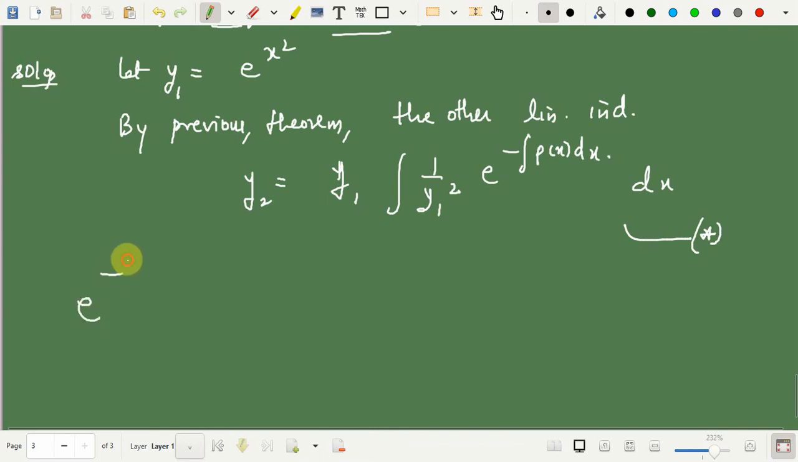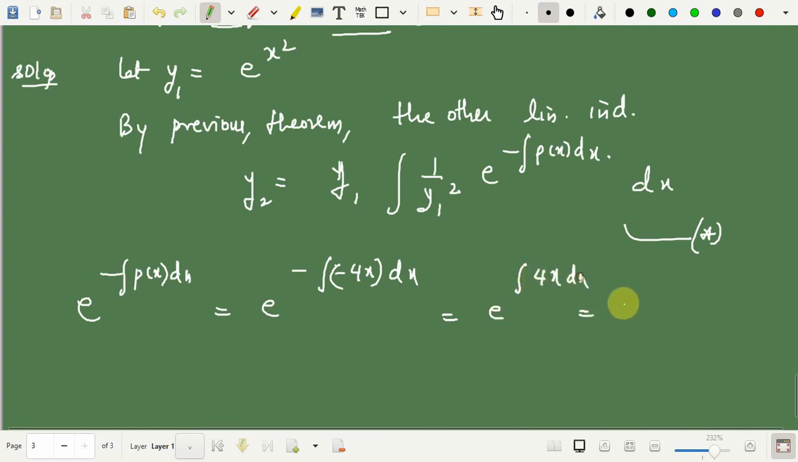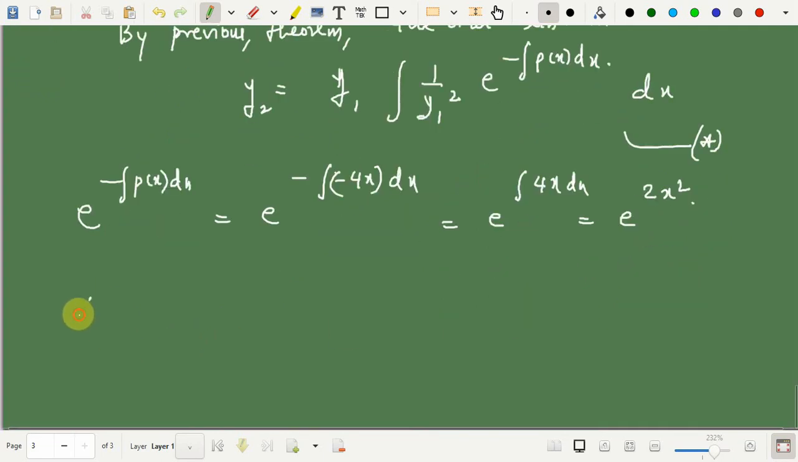So e raised to minus integral of p of x dx, what is this? p is minus 4x, right, into dx. So that is e raised to integral of 4x dx, which is the same as e raised to, integral of x is x squared by 2, and so you get e raised to 2x squared. So once you put this in star,